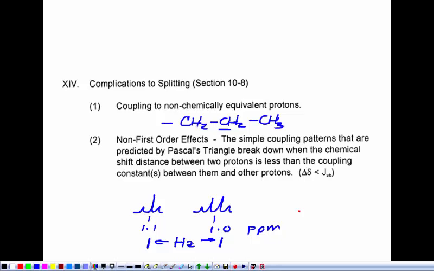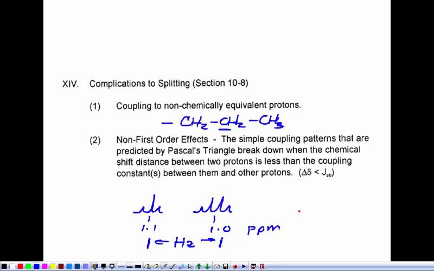So if there's a difference of 100 hertz between those two peaks, if you go to a magnet that's twice as big, then it'll be 200 hertz. Or if you go to a magnet that's half as big, it'll drop down to 50 hertz. So what we're talking about here is the distance between the two peaks, not in chemical shift, but in hertz. So if these two peaks become close enough that their distance from each other in hertz gets close to the coupling constant, say there's a 30 hertz difference between the two peaks and the coupling constant is like 7 hertz between all the peaks,